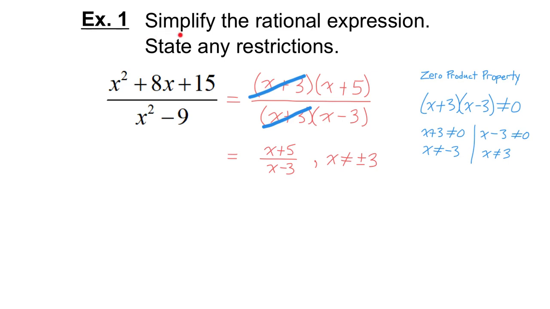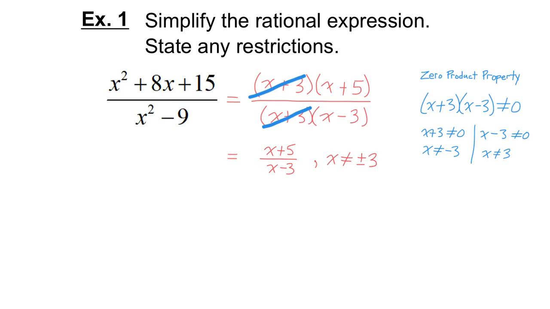So when it says simplify the rational expression, factor, and if there's any common factors that cancel each other out, you cancel them out, and whatever you're left with is the simplified expression. Keep track of your restrictions before you start canceling out the factors,